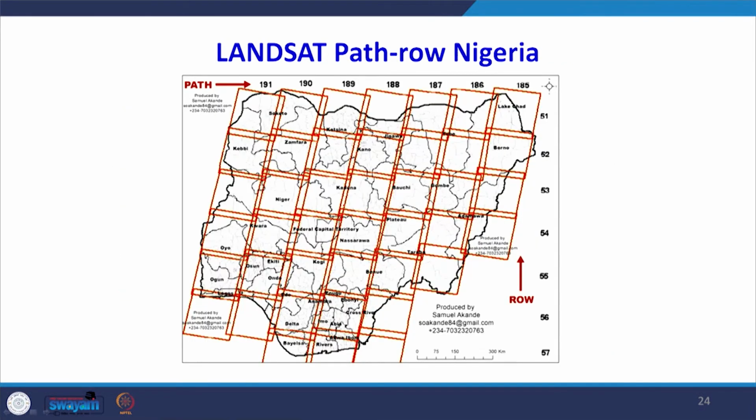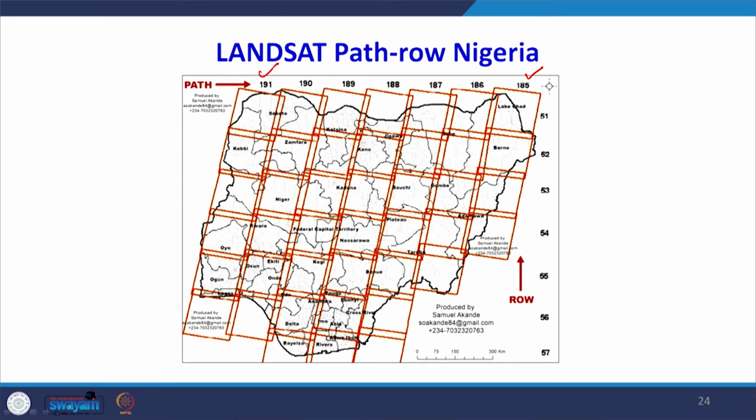If I show you the enlarged view of a small part, Nigeria. So, this is the LANDSAT path and row number map. So, you can see in this diagram, it is starting from 185 path to 191. So, all these strips covered on the ground by one rotation of the satellite is showing that. And then we have the across is the row number. So, here you can see that row number is ranging from 51 to 57, and one scene is almost square,